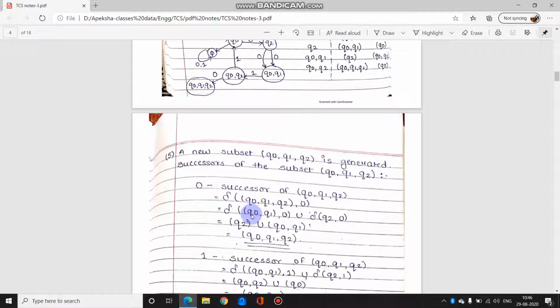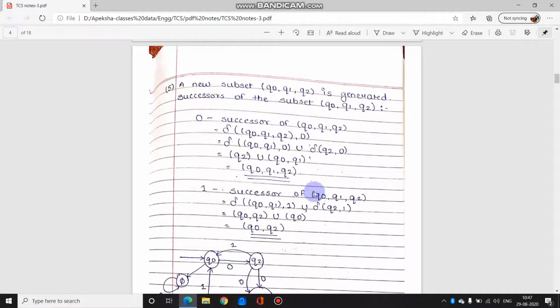See, I'll show it again. Q0 Q1 पे 0 आता है. Q0 Q1 पे and input 0 is causing it to move to Q2 state. So it is Q2. And Q2 पे 0 आता है. So this is Q2 and 0 input is causing it to go to Q0 Q1 state. So Q0 Q1. So when you combine this union operation say, you get that same state Q0 Q1 and Q2, which means an input 0 on this state is getting back itself on that state.